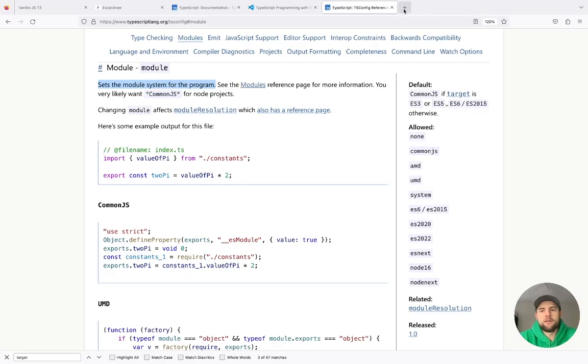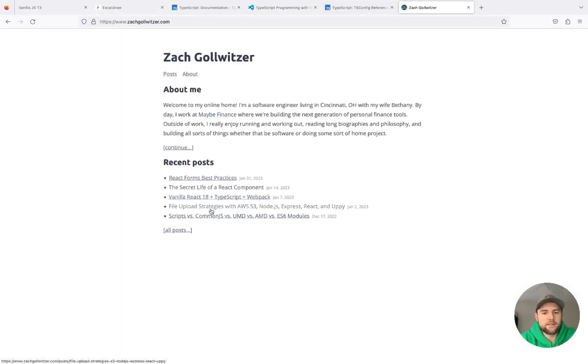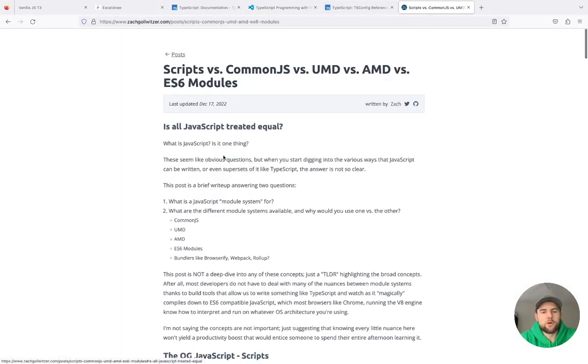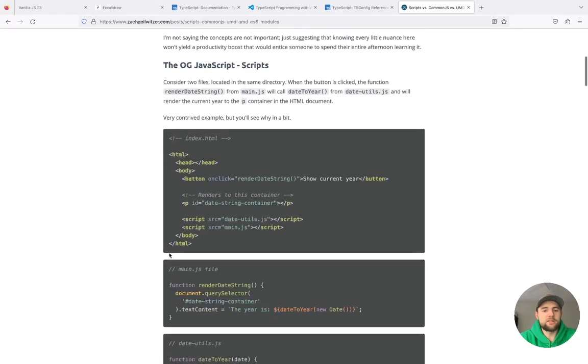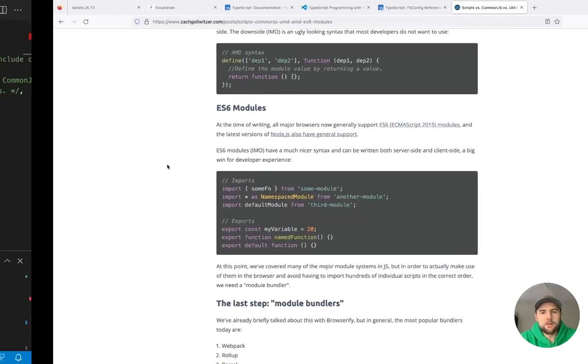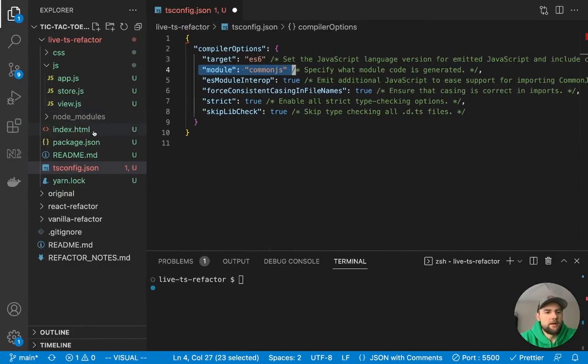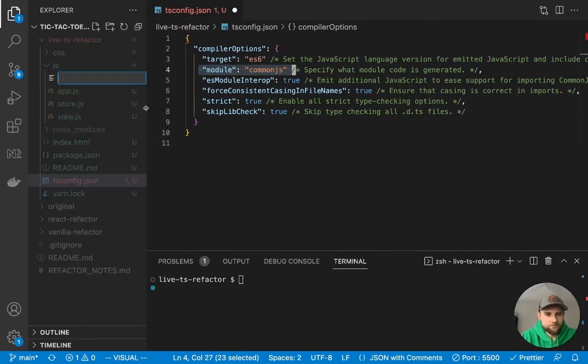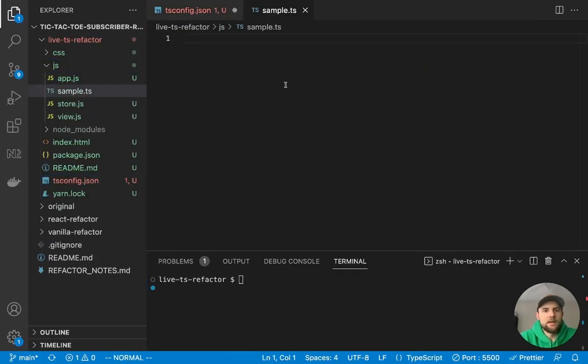So not to backtrack at all, but going back to that post that I wrote here, scripts, CommonJS, ES6 modules, this really talks about these different module systems. But basically, let me do a sample file, sample.ts.